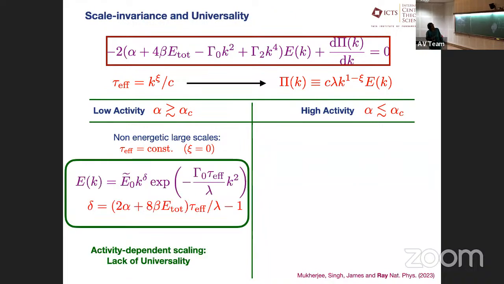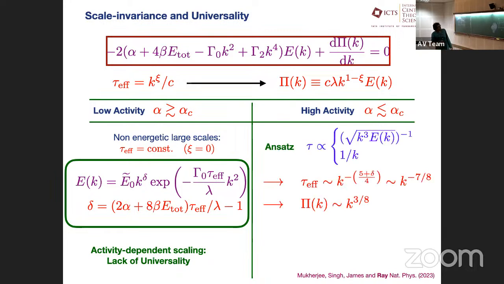Then one can solve this equation analytically, and make certain suitable ansatz on it. Essentially what one is able to get at is that for systems which are less active than this critical activity, the reason why the greater than sign is there, it's not a typo, is that alpha comes with a minus sign. Then you are able to show that this exponent is indeed alpha dependent, exactly what Bratanov, Jenko, and Frey had shown. In fact, this is really reproducing their results.